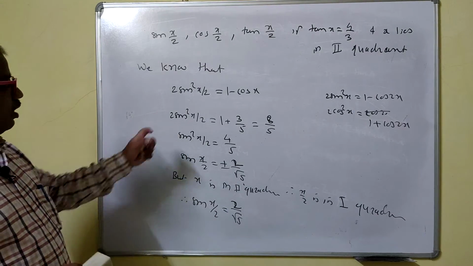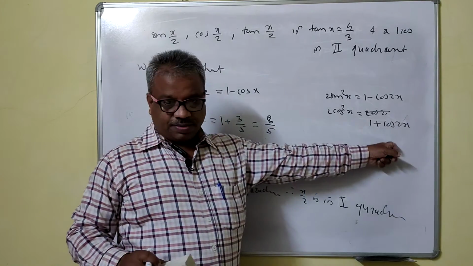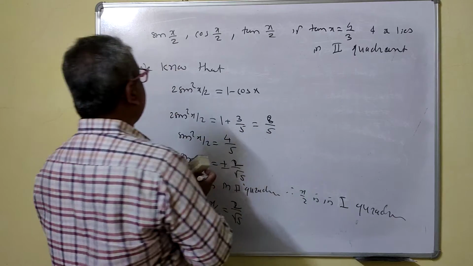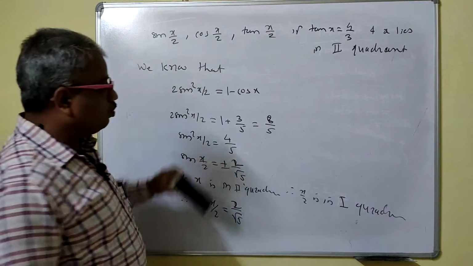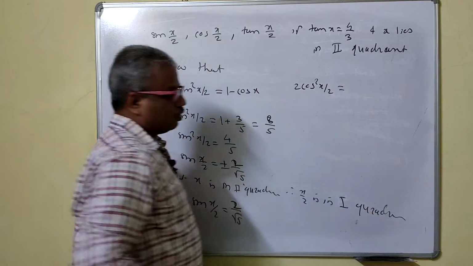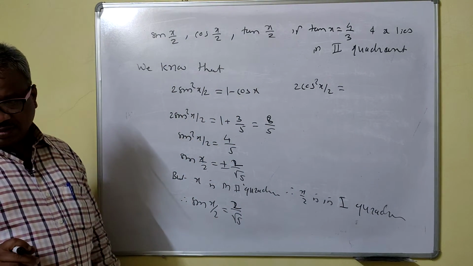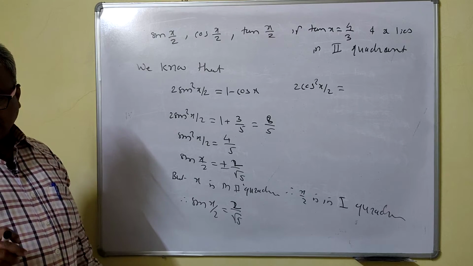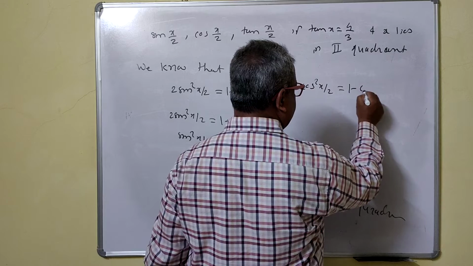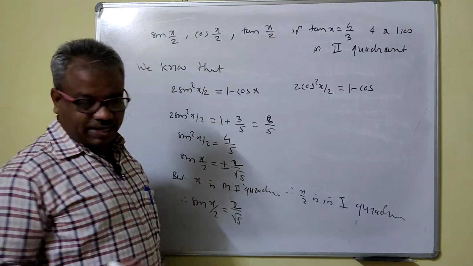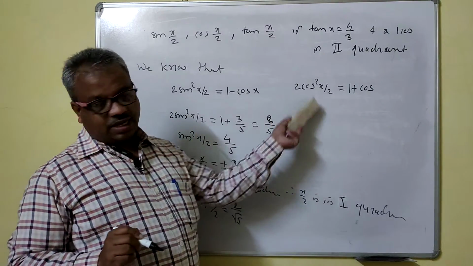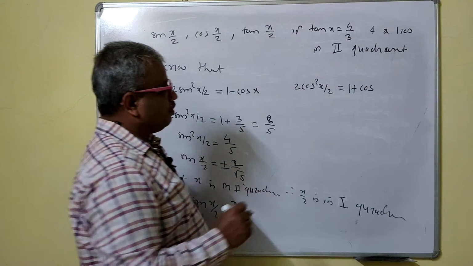Now we'll find out again the second formula. This formula. Right? Now see, you want cos x by 2. Just we write the formula for this. What? 2 cos square x by 2. Right? Now 2 cos square is there. So if 2 cos square is there, just write this as 1 plus cos now. Right? For 2 sin square, just write this as 1 minus now for sin. And for cos, you have to write plus sign. Whatever the angle, take a double of that one. So double of that one is what then?